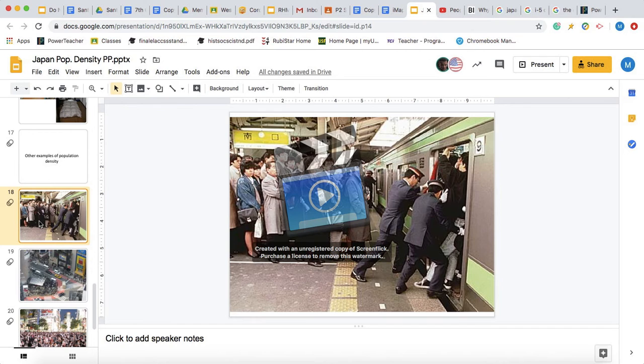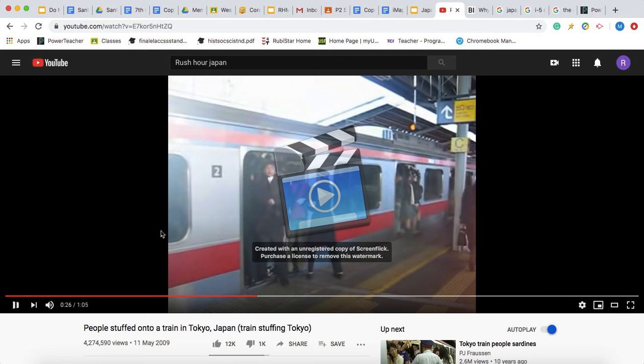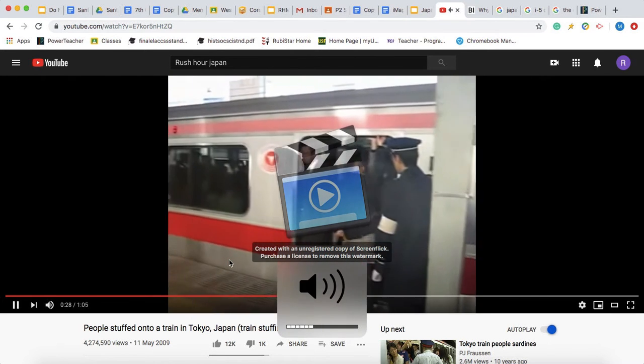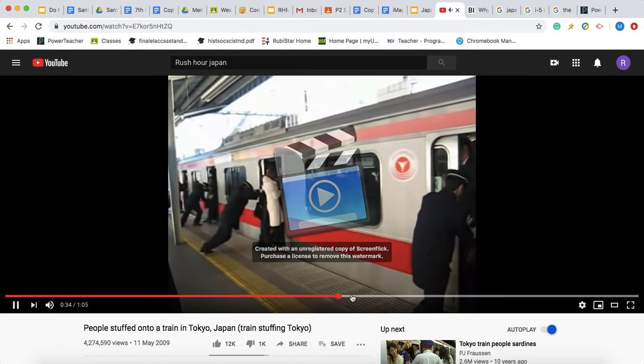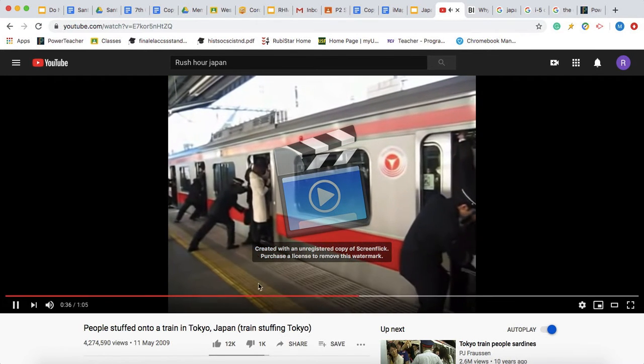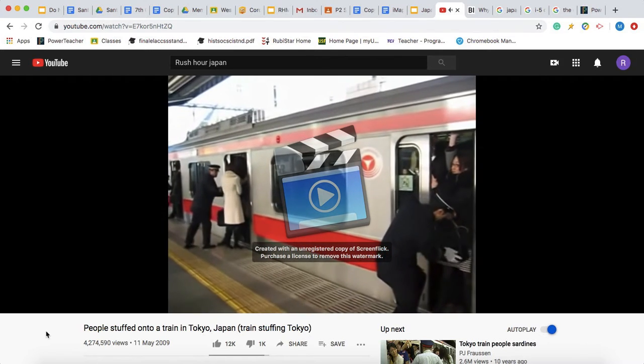This one might be the most shocking to you because this is during rush hour, and this is going to be a daily commute for a lot of Japanese people. As you can see, they are being crammed and pushed into the train. Here's actually a video of that. They are being pushed into the train to try to maximize space and